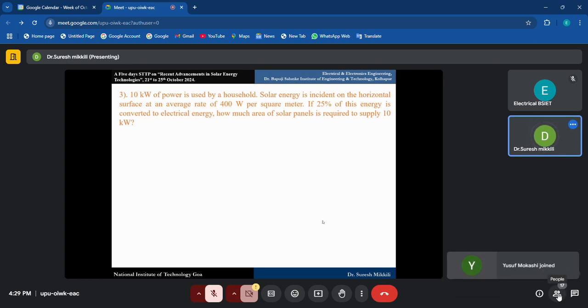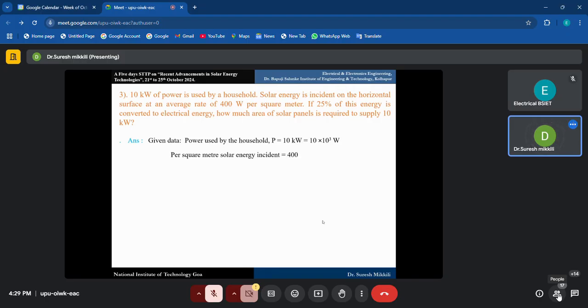Can you start to solve? I'll explain if you're unable to solve. Given data: power used by the household, P is equal to 10 kilowatt. Incident energy per square meter, the P input, is 400 watt. Then the efficiency of the solar panel is 25%. If you consider the area as A, then what I want